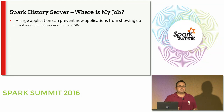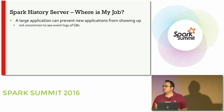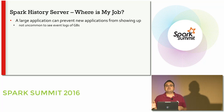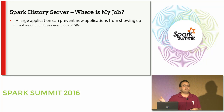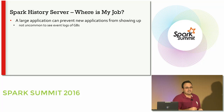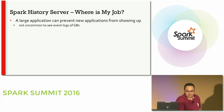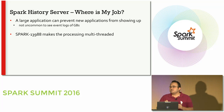What we found is the event log processing is done by a single thread in the history server. So what this means is if you have an application that has a very large event log, that will keep that thread busy, and other applications will not be showing up in the history server UI. And this is not an edge case. It's very common for Spark apps to have very large log files. In some cases, we have seen applications with iterations, like machine learning applications, easily generate tens of gigabytes of log files. The solution is to make this event log processing logic multi-threaded,